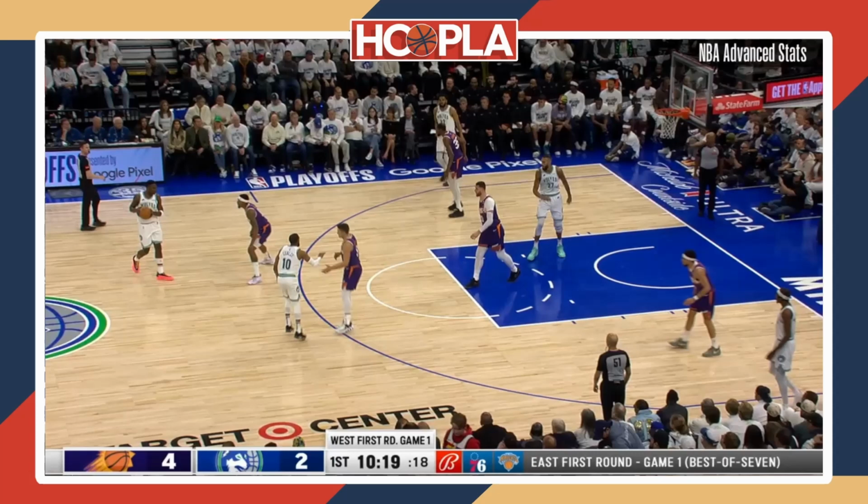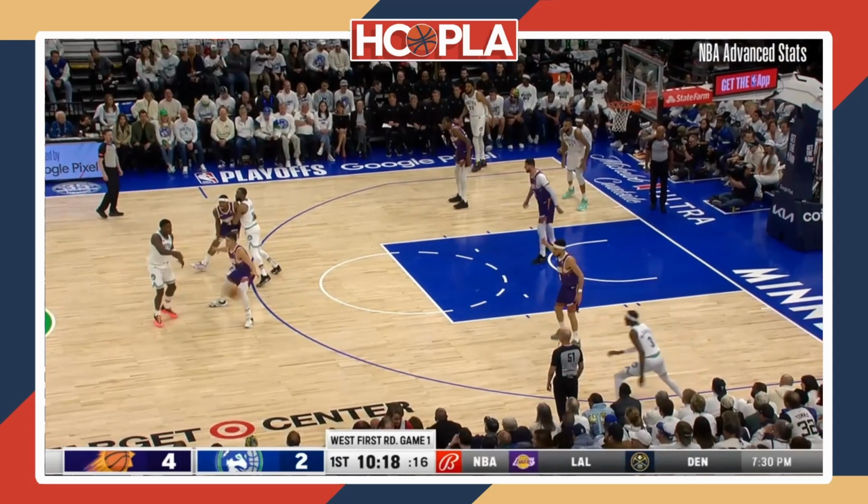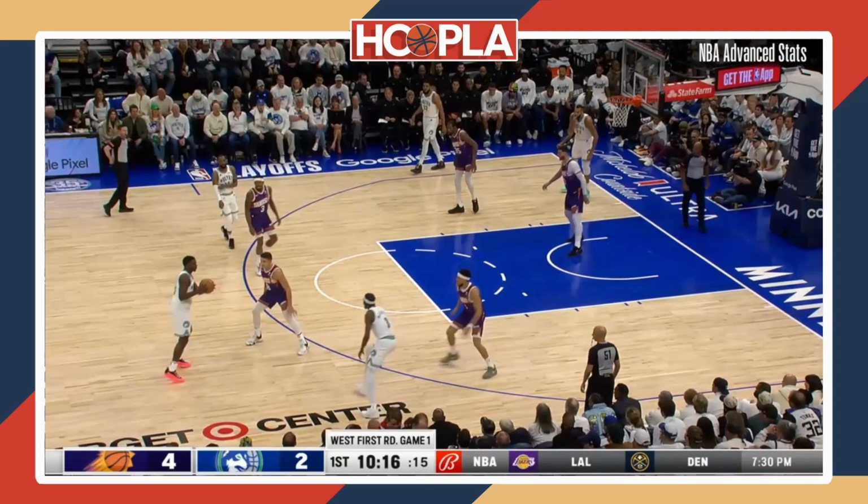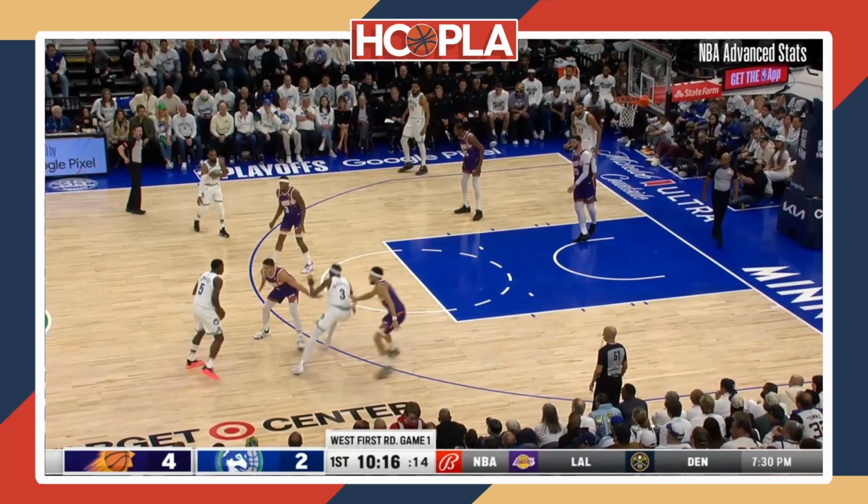So let's look at some of the issues that he was facing at the start of this game. In this first play, he gets a screen from Mike Conley, and he moves the ball to McDaniels, and he quickly gets it right back, and McDaniels comes into a screen, really a ghost screen, and slips it and runs to the other side of the floor. So as the screen, almost before it even happens, we can see that Devin Booker is already coming up, getting ready for a double team.